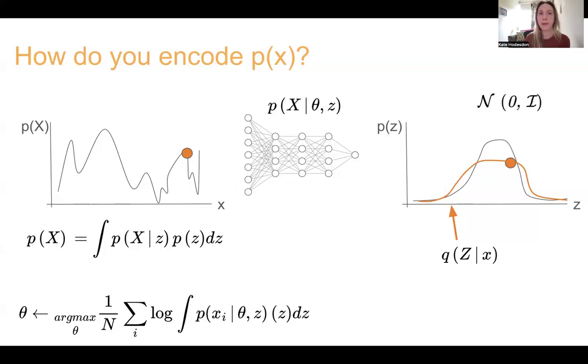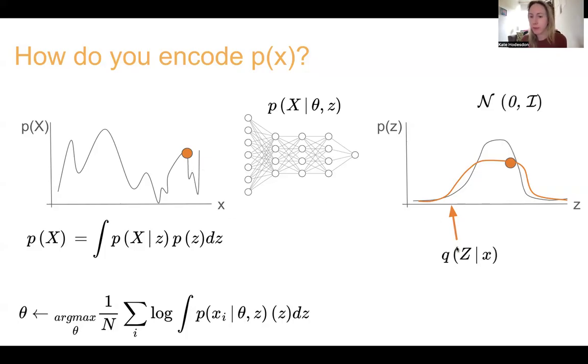And the fundamental idea of VAEs is that we will just sample values of Z that are likely to have produced X. And that means that you need another proxy, Q of Z given X, which is the posterior distribution of latents for a given data point. So think of this as the latents that would correspond to that data point.